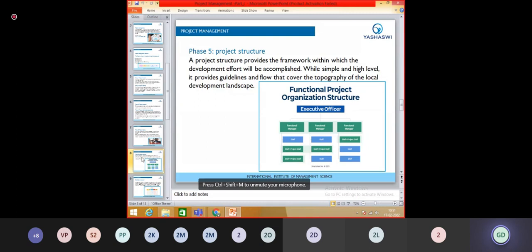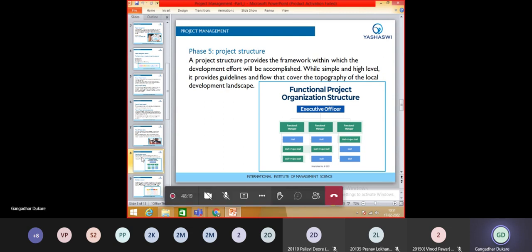What is meant by project structure? A project structure provides the framework within which the development efforts will be accomplished. While simple and high level, it provides guidelines and flow that cover the topography of the development landscape. Project organizational structure is nothing but the group of people who are working in the organization,